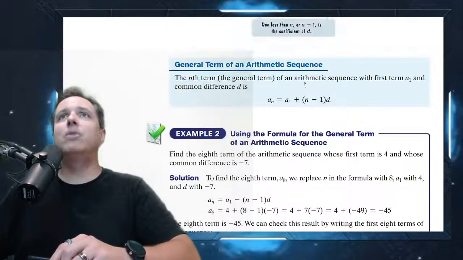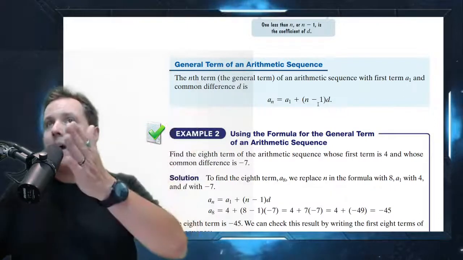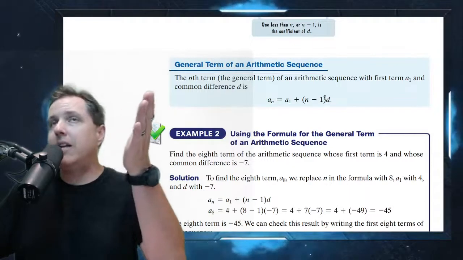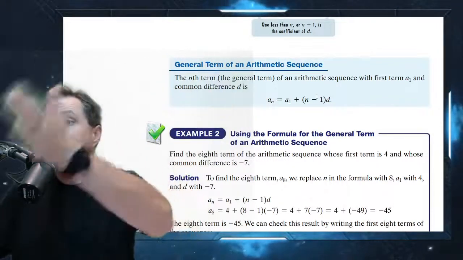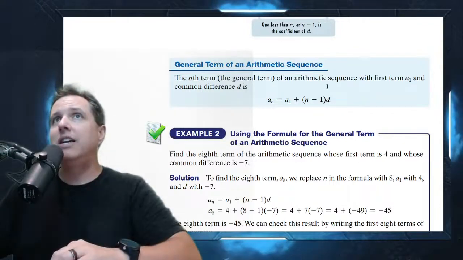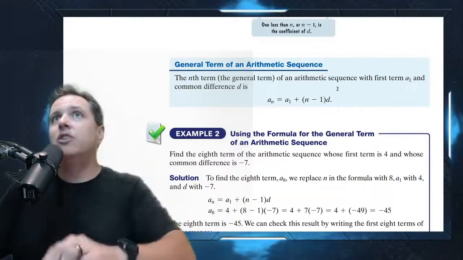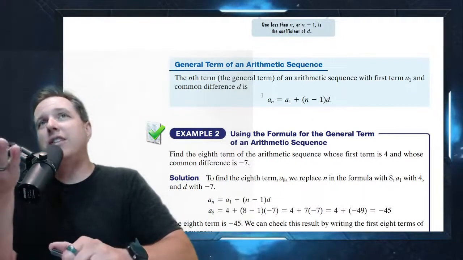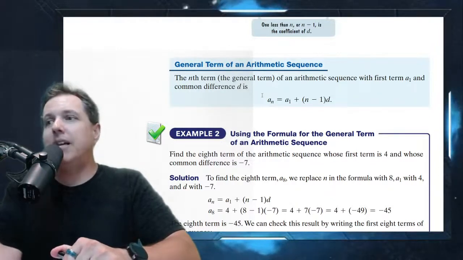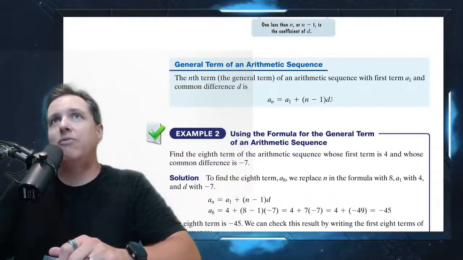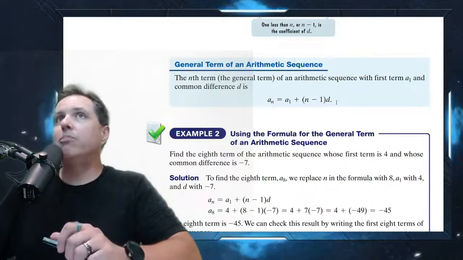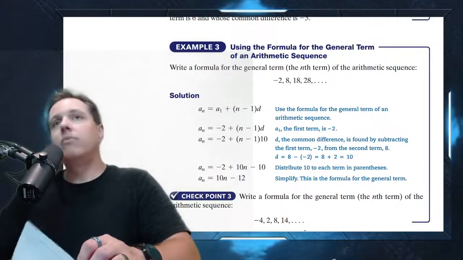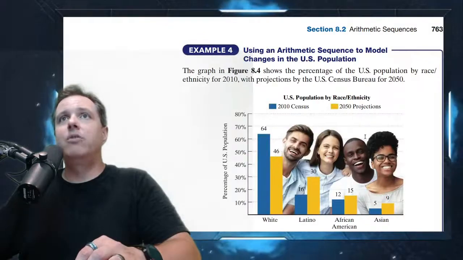And it kind of makes sense because what's happening is each step you're adding a certain amount. So it makes sense that what we're adding is a multiple of that amount. We're adding a multiple of it: the number of steps that you take to get to the term that you're interested in times the number that you're adding every time. So actually, this is one of those sequences where if you understand what's going on, you don't even have to memorize it. You just go, oh yeah, it's the first term plus however many steps I need to take to get to that last term, and each step involves adding d, so I'm going to multiply by n minus 1 times d. It actually makes a lot of sense. So, keep that in mind.